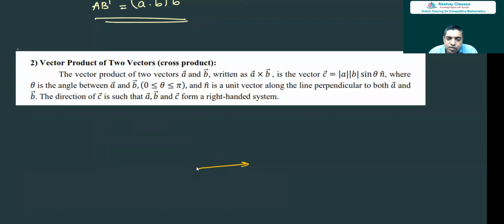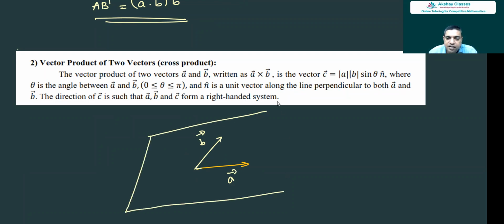We all know if this is A, this is B in a plane, let's say this is the plane containing A bar and B bar, then we will have the vector C bar outside the plane,